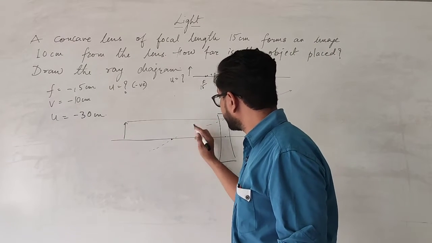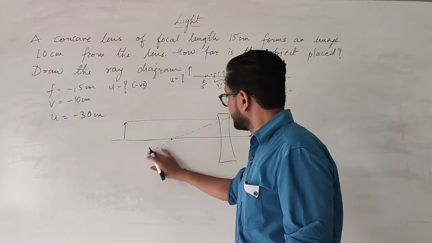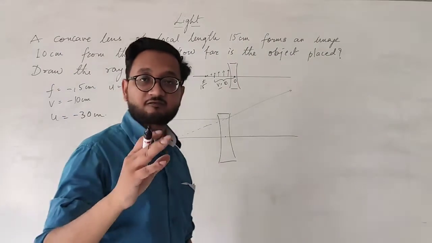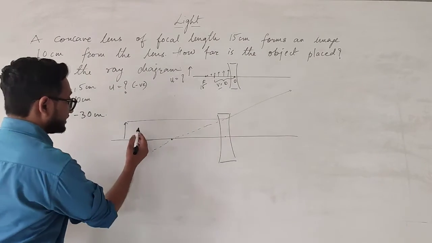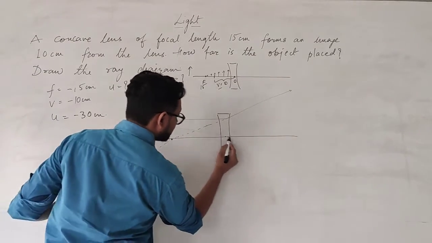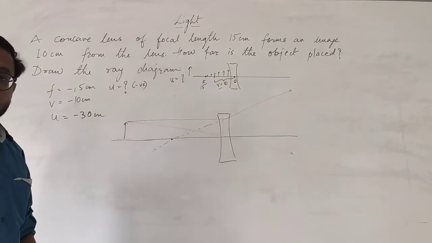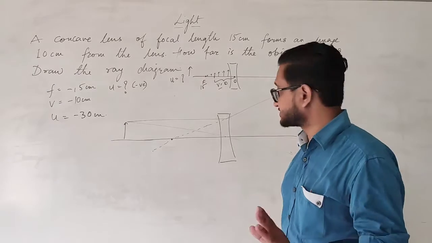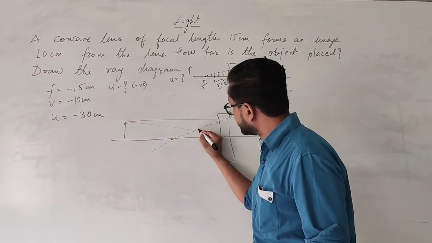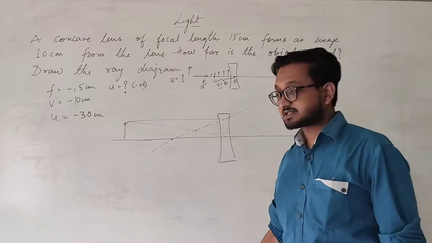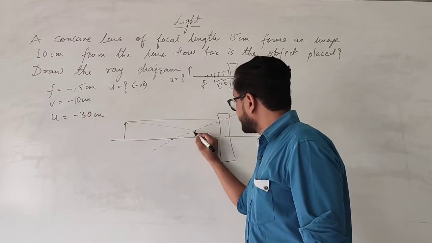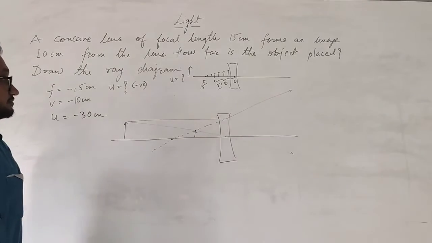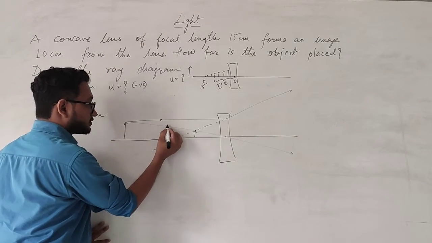And the second ray of light, you can take it to be passing through the optical center. And when the ray of light passes through the optical center, there is no refraction, it simply passes through the optical center like this. There is no change in its path. Okay, there is no refraction at all. And at this particular point, the rays of light are intersecting and this is where your image will be formed. Virtual, erect and diminished image. I hope it is clear to you students, quite simple.